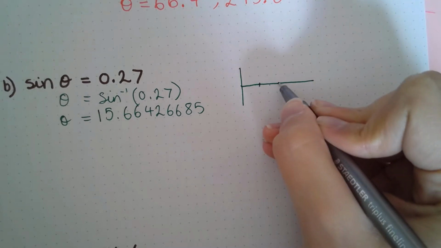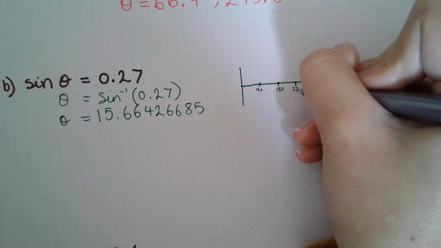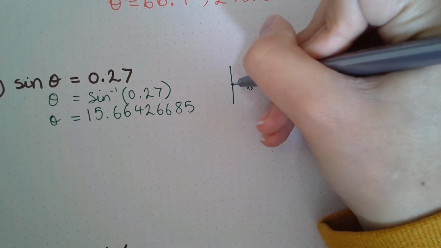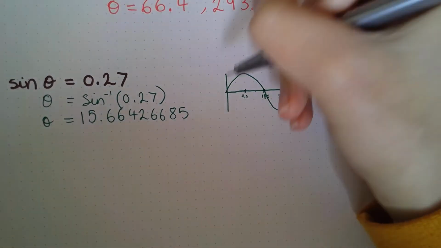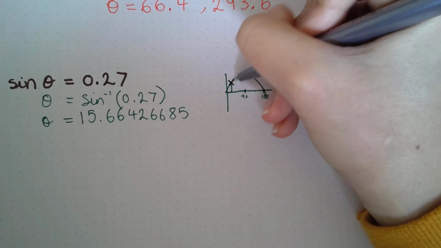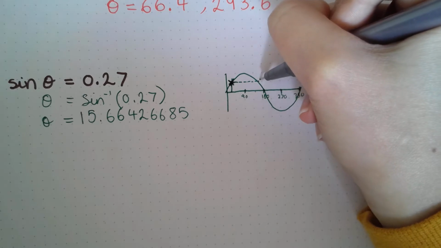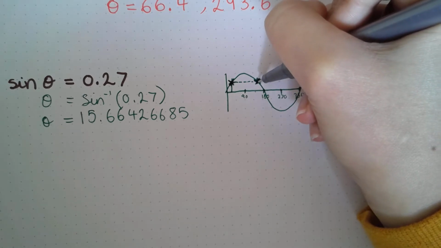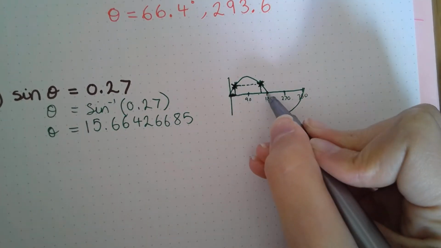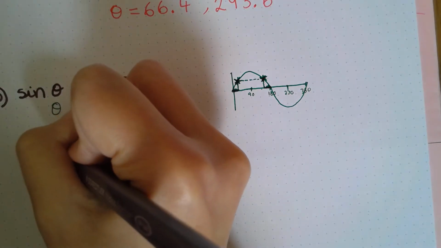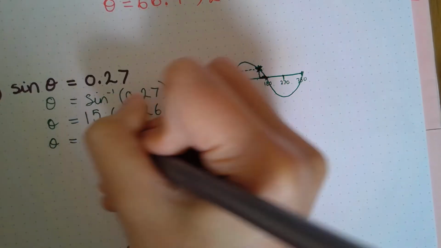Because I'm working with sine, I'm just going to quickly sketch the sine graph between my values. It's asked me between 0 and 360. So we can see it's just a quick sketch, doesn't need to be anything fancy, just so you can see. So 15 degrees is roughly about here. Okay, we want to find any other values that are the same, so we go along and we can see that that value there is going to be the same. This distance is the same as this distance, so to find the other theta, we're going to do 180 take away our